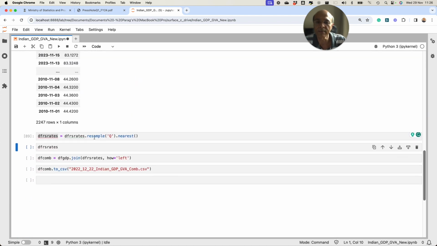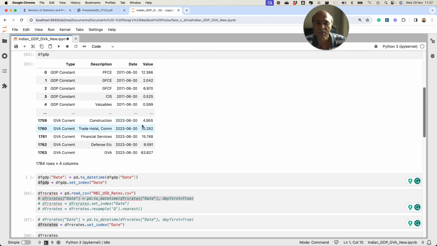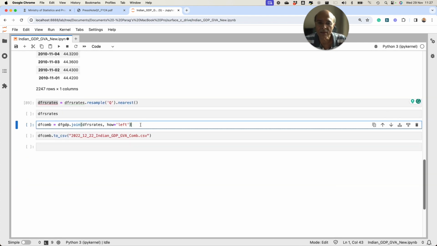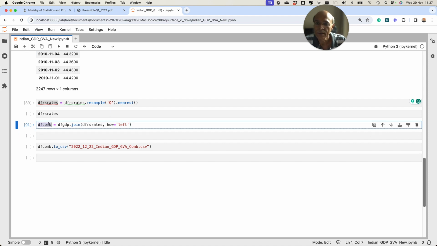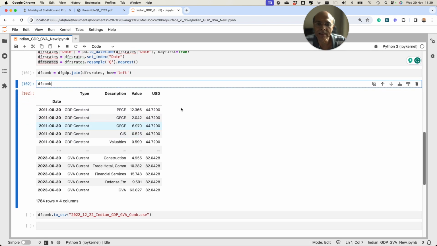Therefore, what I'm doing is I'm using a different function which is join, and I've passed a parameter, how equals left, so that this particular data frame can be added to this particular data frame side by side. So I run this and I'll show you how it looks. After having done that, I have named the combined data frame as dfcom. So here I go and I'm running it. You'll see that this data frame has been converted back, and you have the USD rates assigned very accurately to the quarter rates,